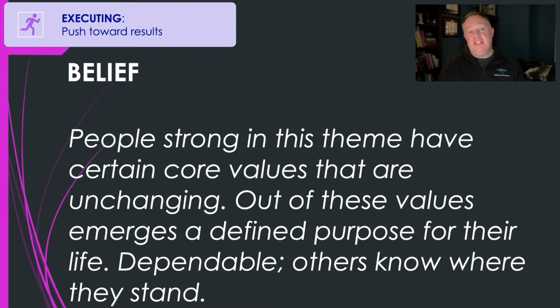Some potential blind spots for belief. You should realize that not everyone has the same moral compass as you, or the same core value compass. Some folks might have a stronger compass. Look, everyone's different, and I think a fallacy or a blind spot for people with belief is assuming that others have a very strong opinion or a very strong compass as well. So you have to remember that that's not always the case.